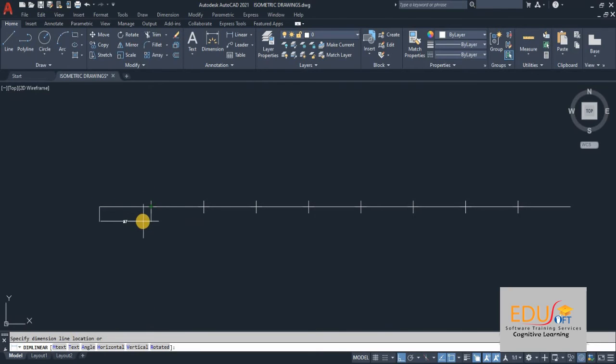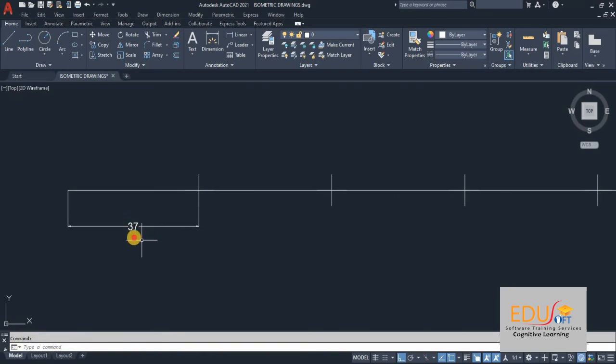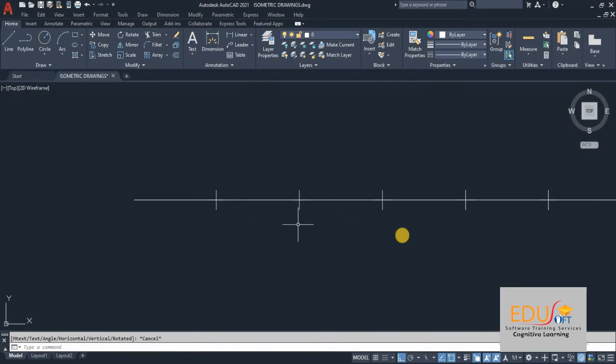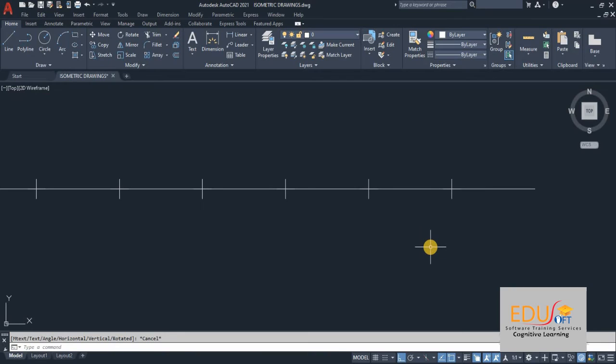If you see, you can measure the distance. I have picked wrongly here. Let me take from this side. The division will start from the side of the object where I have selected. If I select the right side of the object, the division measure will start from that side.